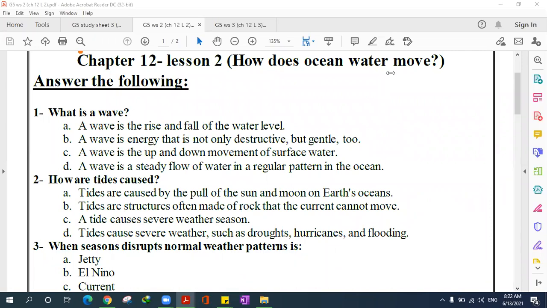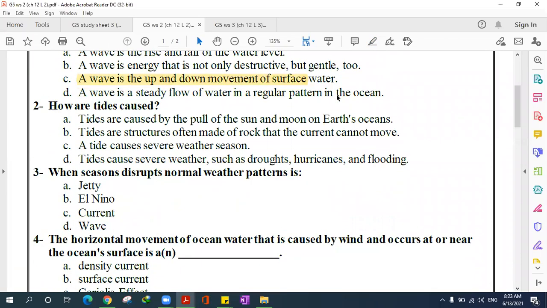What is a wave? A wave is an up and down movement of surface water. Yes, well done. A wave is an up and down movement of surface water. Number 2, we have